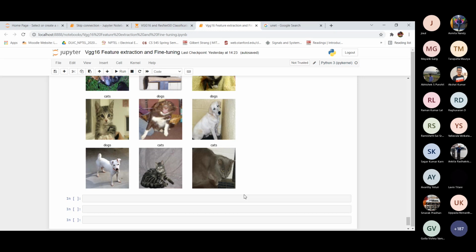If we use fine tuning, after the 7th layer, we freeze the layers before it and train the layers after it. So before the 7th layer the weights will not change, and after the 7th layer they will change. Then we calculate our accuracy: previously it was 50%, and now on test data it is around 95%. If we increase some more epochs, we will get some more accuracy. So this is the thing I wanted to show.